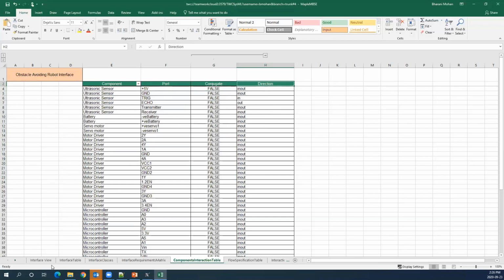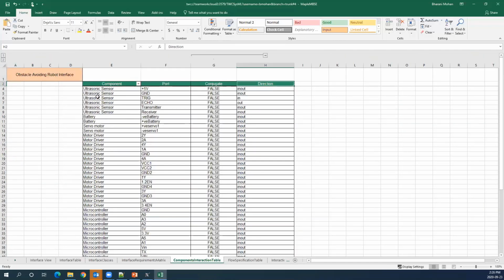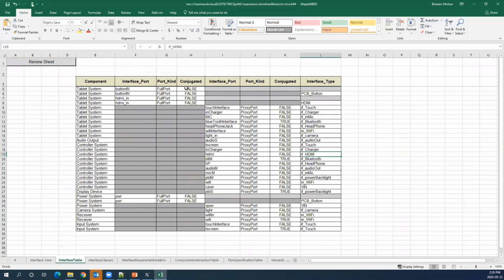So here you can see the difference between the interface table and this table here that's displaying the same information is I'm not making any complexity here of defining different kinds of ports. I made a decision in the configuration file that whatever is entered here would be a flow port, and that's all. But here, I just wanted to show that it's possible to expose different kinds of ports to manipulate with them, make changes, and save it back to the model.